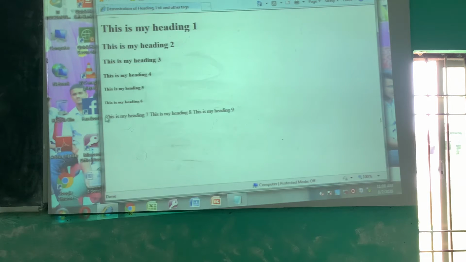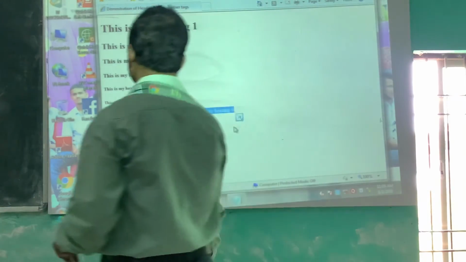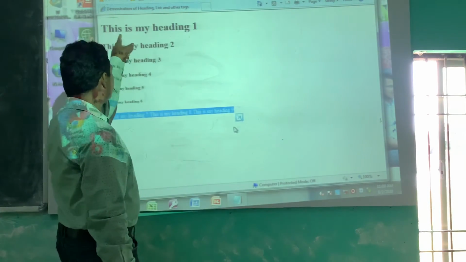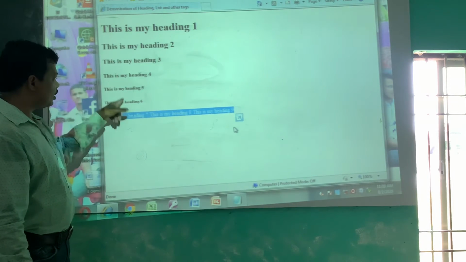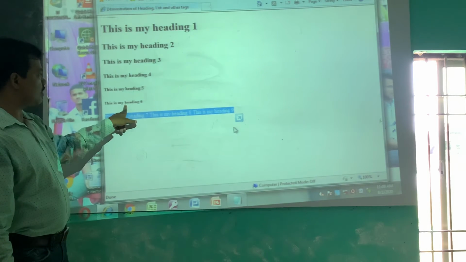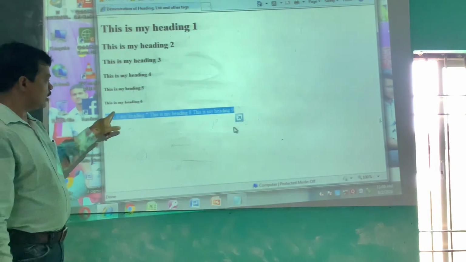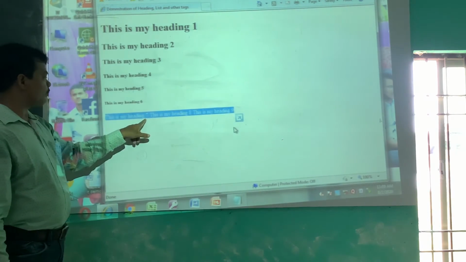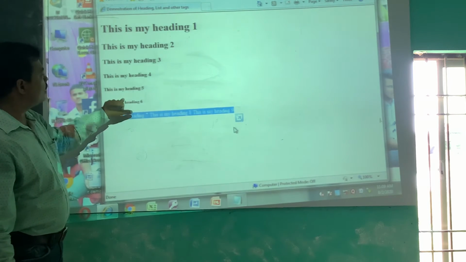So there will be no effect for heading 7, heading 8 and heading 9. So it is clear that there are only 6 headings you can use to give your headings from largest font size to the smallest font size, or from largest headings to the smallest headings.